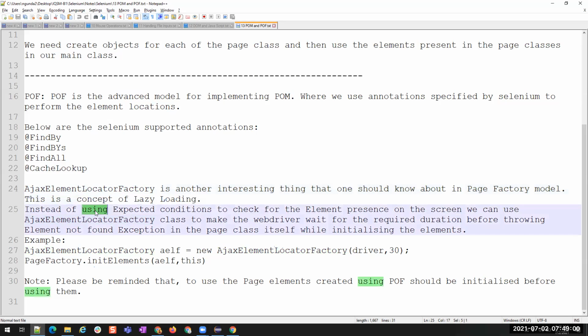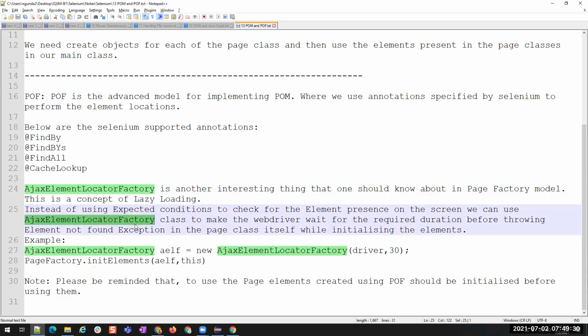Okay, so what are we doing here? Instead of using expected conditions to check the element presence on the screen, these expected conditions are from WebDriverWait or FluentWait. We have some expected conditions provided by Selenium, right? Instead of using those, we use this AjaxElementLocatorFactory class, which will help us wait for that particular element for the time that you have mentioned.